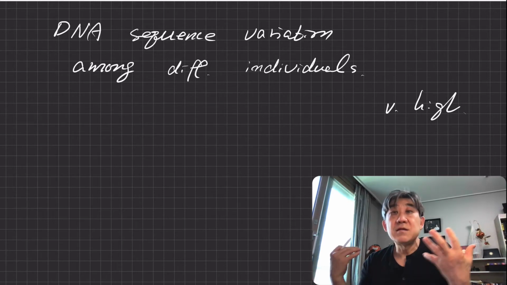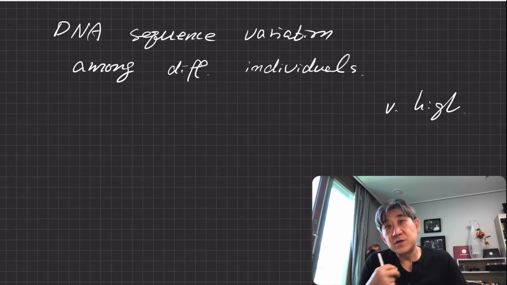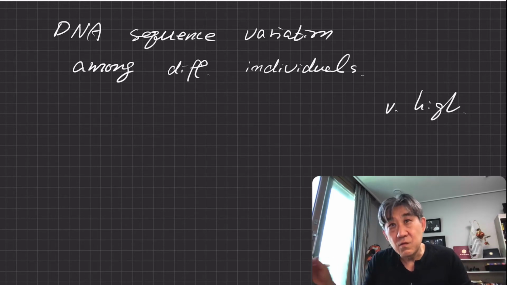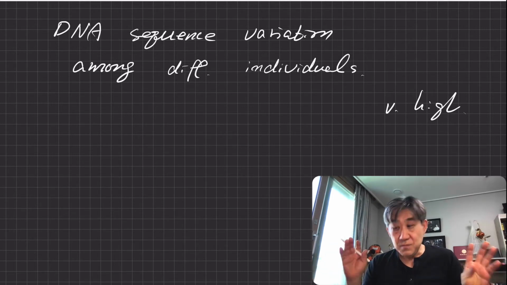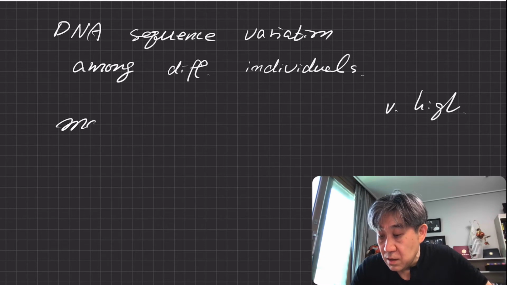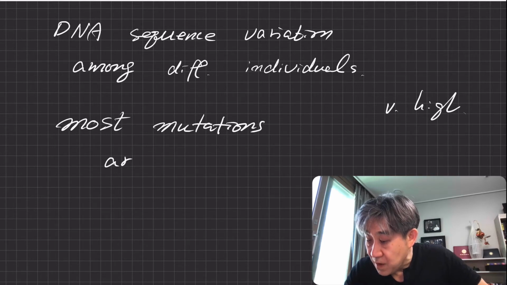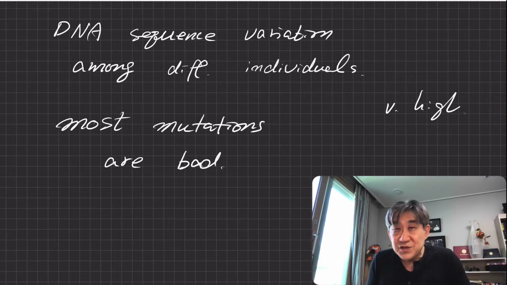And the reason why you have a sequence variation, why your DNA sequence in a certain specific spot is not identical to the other guy, what happened? It is a result of mutation, right? And most mutations are bad. Usually the chances are